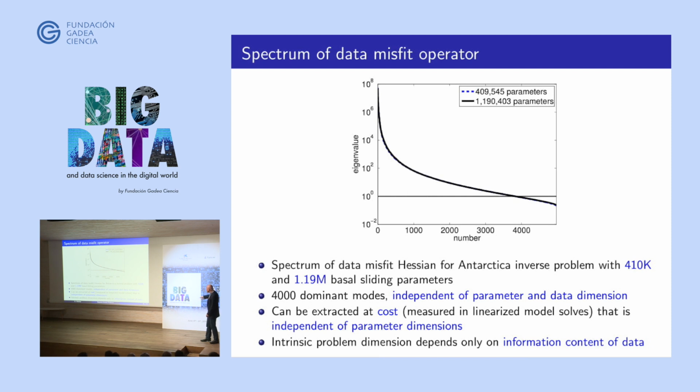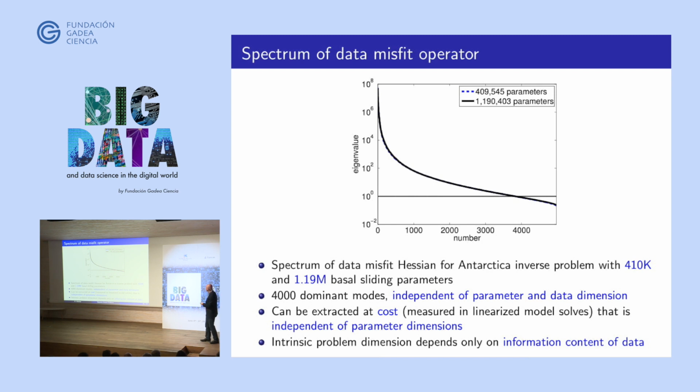All right, so as I said, this does not depend on the parameter dimension. It also doesn't depend on the data dimension because as we refine the mesh here, we also refine the surface mesh. So the surface mesh is the one onto which the data from the satellite are projected, and the satellite data are on a much finer grid. So we're picking up more information from the satellite, but we learn just as much about the boundary condition at the base, simply because the map from the boundary condition at the base of the ice, forward solving through this nonlinear Stokes, coupled mass, momentum, and energy, up to give you the surface velocity, that map is, information is being lost from that.